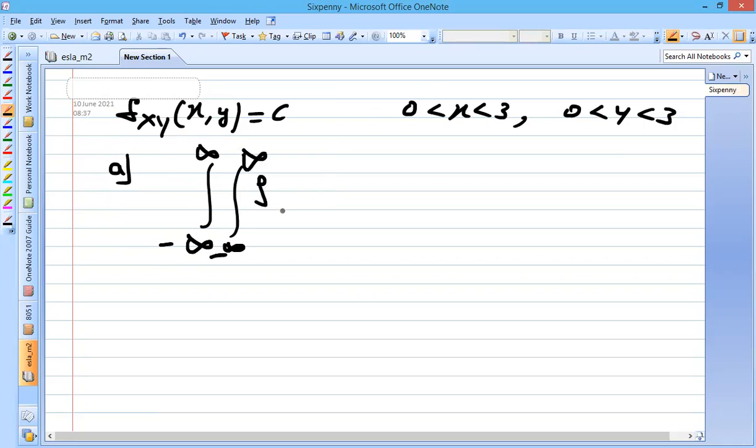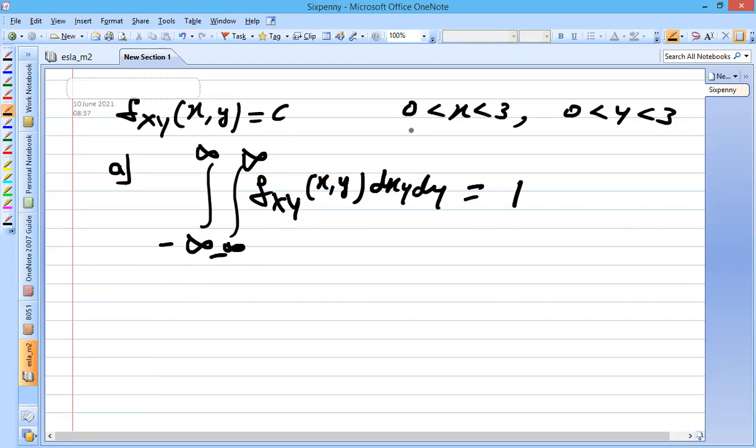Suppose we integrate this PDF with respect to x and y, then the area under it must be equal to 1. We know this property; from the beginning I am telling that the area under the PDF curve will always be equal to 1. So now we are going to substitute f_XY(x, y) as c in the integral equation, substituting and also changing the integral range of x and y.